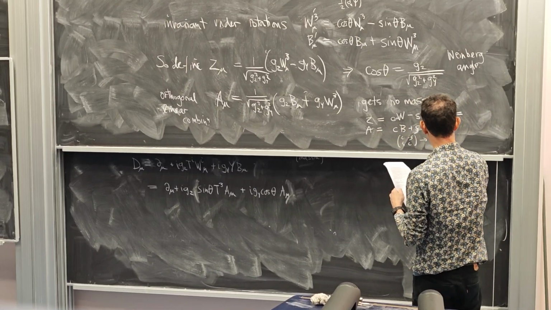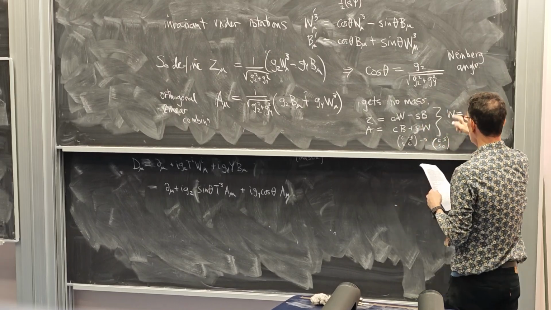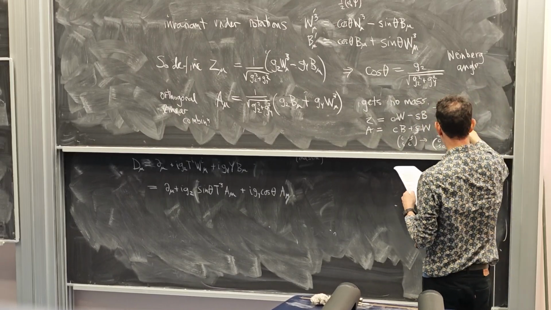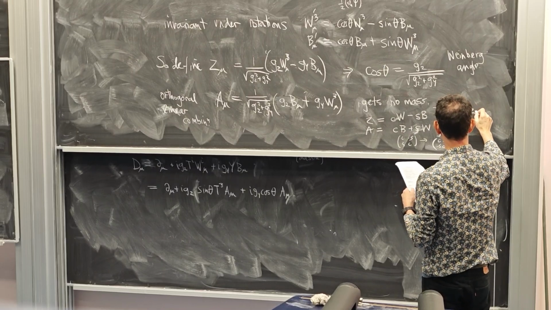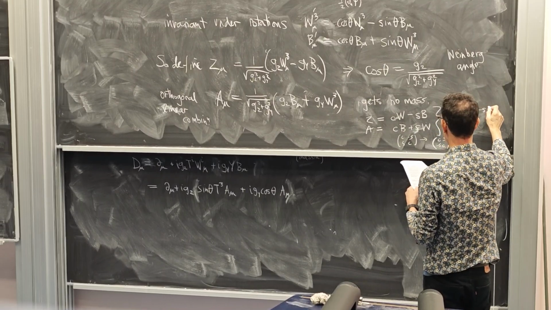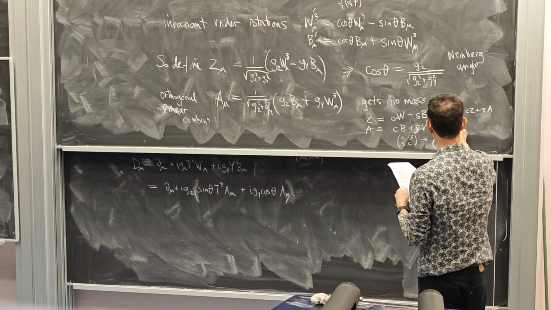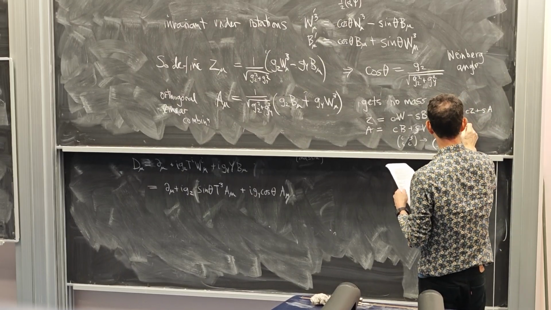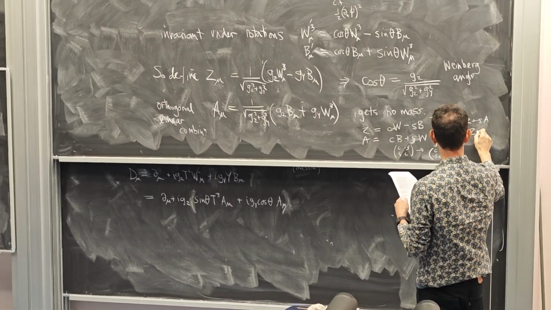The inverse is C S minus S C. We can invert it to say that W is C Z plus S A,